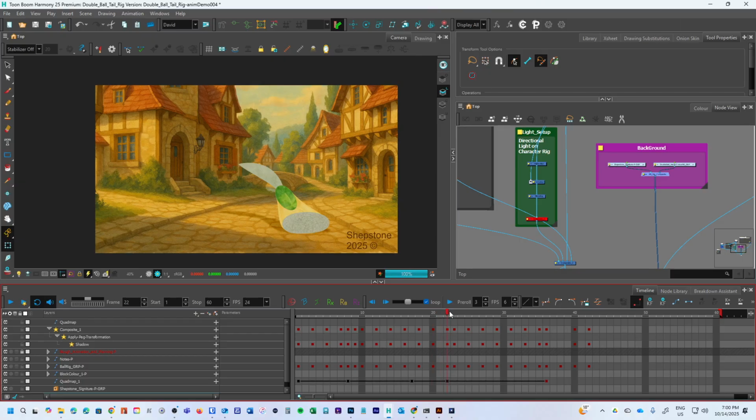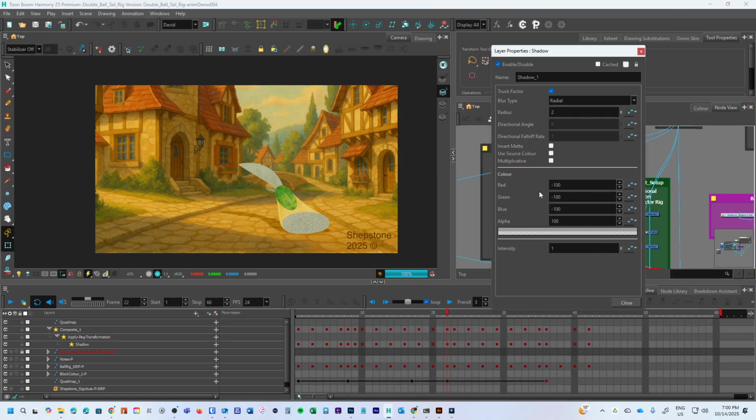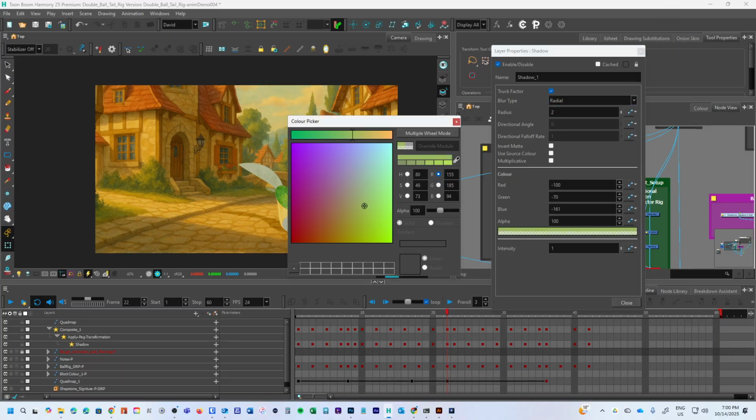Okay, so if I want to adjust the look of that shadow, I do have some basic parameters that I can change in here. I can go in here and set this to a directional or a radial shadow. You can change the color of the shadow if you want, maybe make it a little more yellow to blend in, or a little more whatever color you need it to blend in with. You could even steal a color from the background